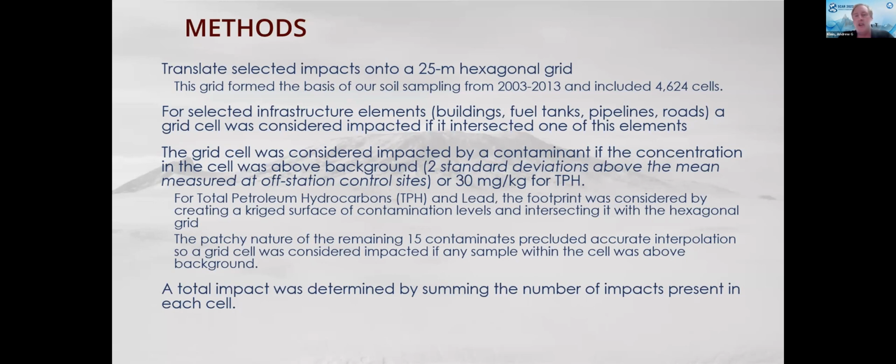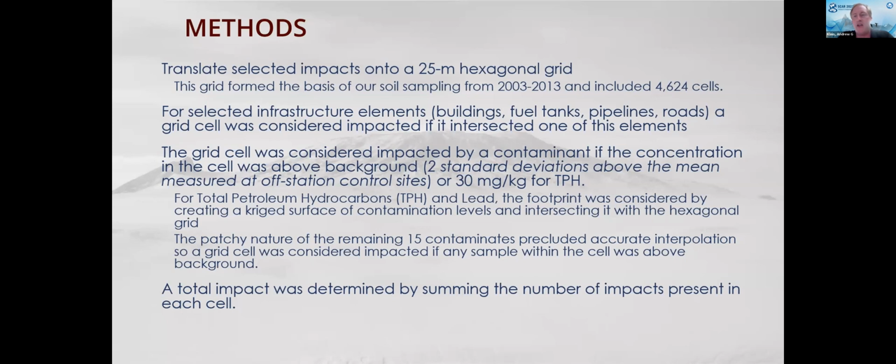And it's interesting, some contaminants are very patchy and very hard to interpolate. So for the 2 most common contaminants we found at McMurdo, which were TPH and lead, you can take those samples, use GIS to create an interpolated surface that you can then intersect with the hexagons to say this is above